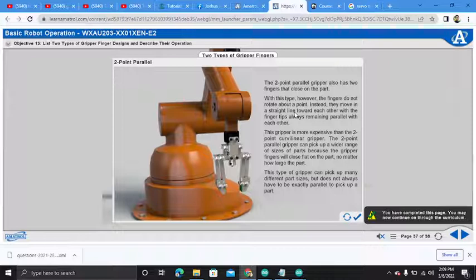So we are done with our first topic about basic robot operation, guys. So all the commands